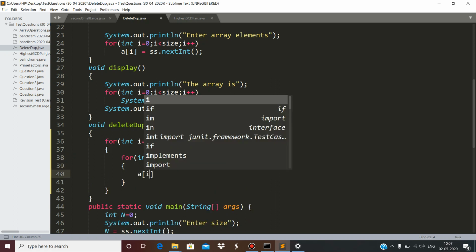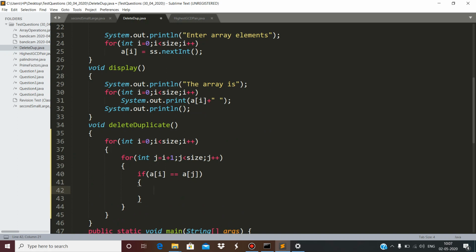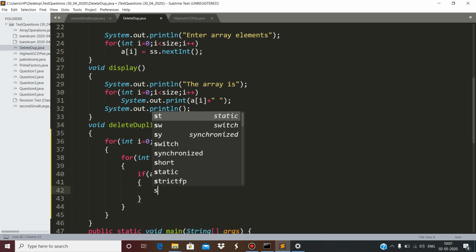And here we should write, if a of i matches with a of j, it means that a of j is the duplicate of a of i. A of j is the duplicate of a of i, so we need to remove a of j.